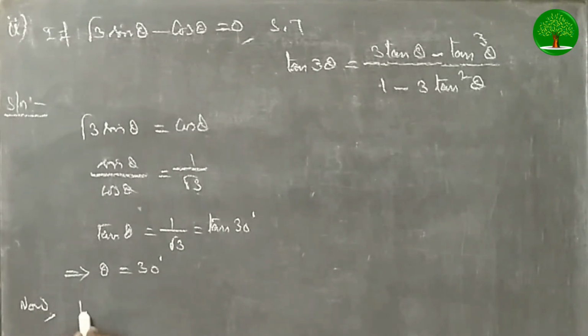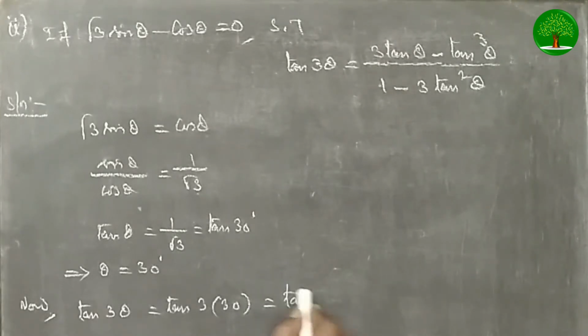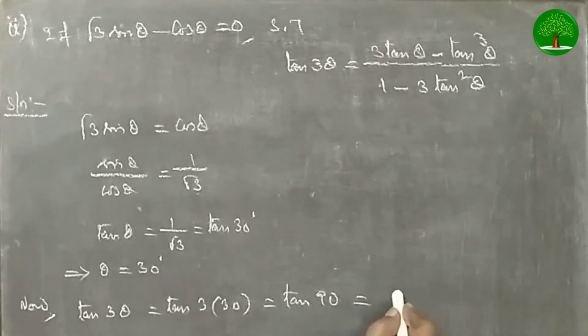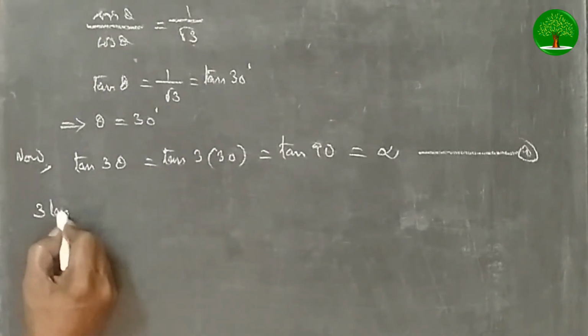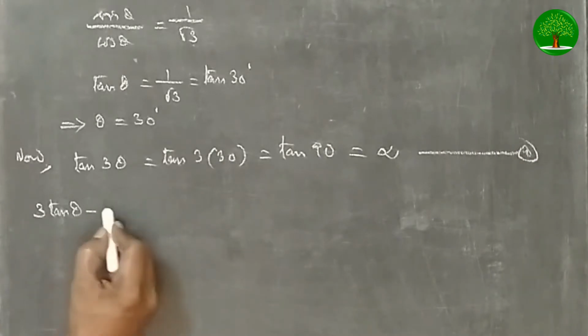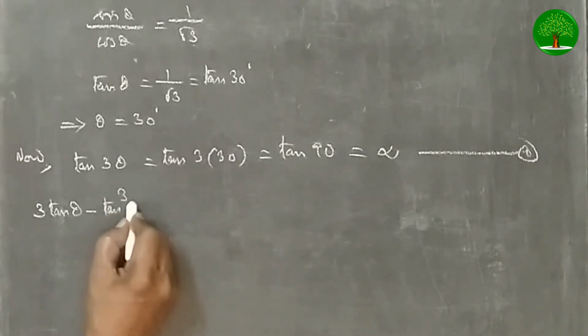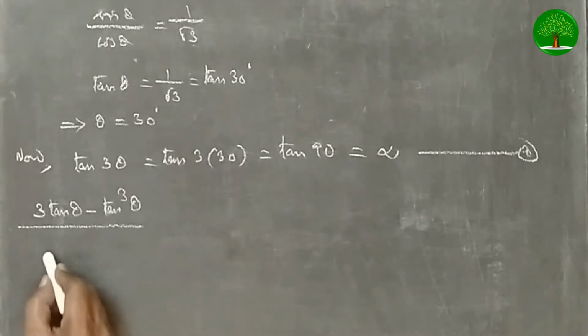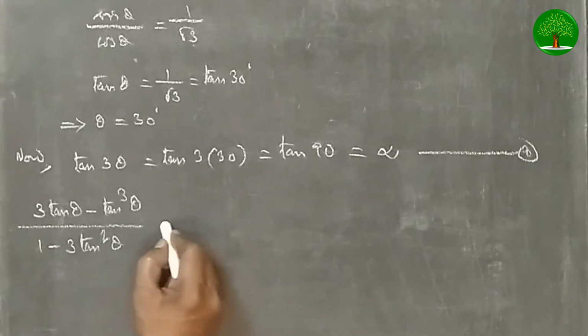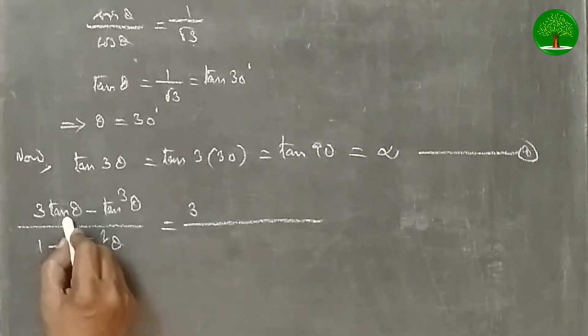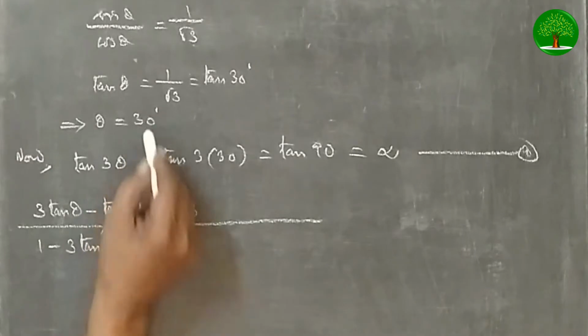Now, tan 3 theta is equal to tan 3 into 30. This is equal to tan 90. This is equal to infinity. 1. Now (3 tan theta minus tan cube theta) by (1 minus 3 tan square theta) is equal to, with theta equal to 30 degrees,